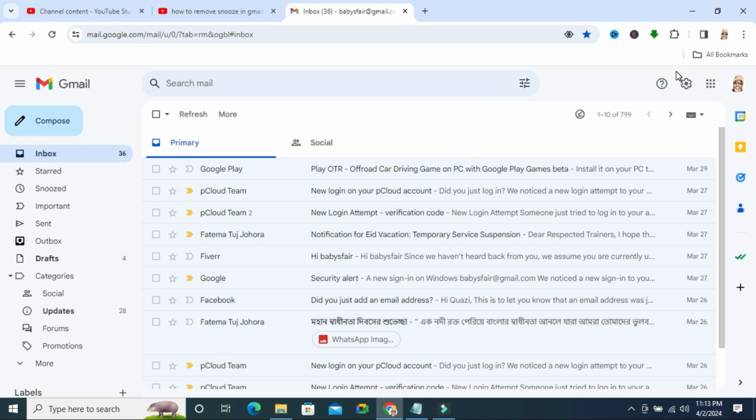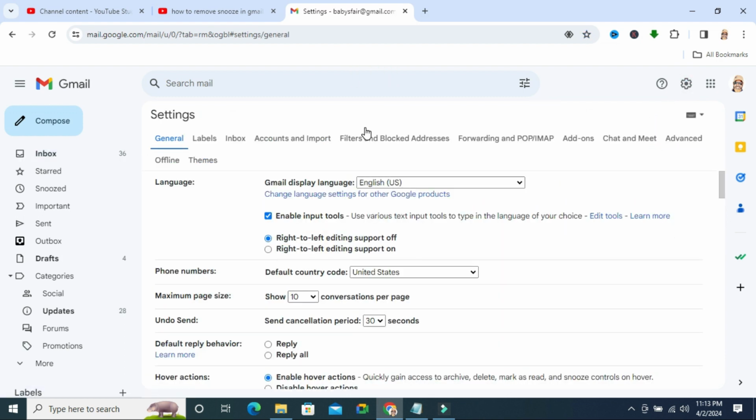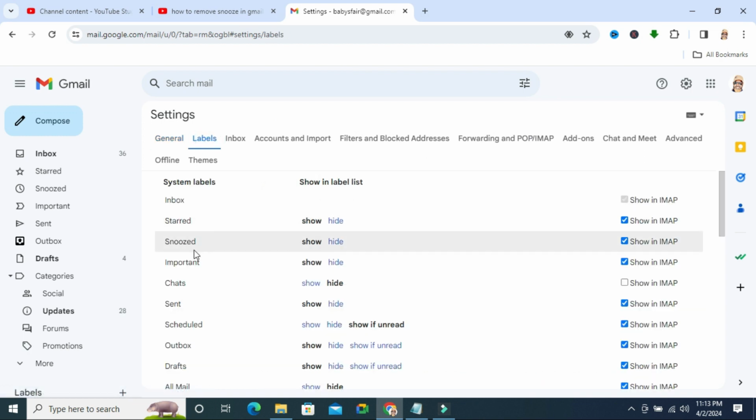Click on the gear icon called Settings on the upper right corner. Now click on See all settings. Now under Settings, click on the Labels tab. Here you will find Important, and by default Important appears on the menu list, and you will find here two